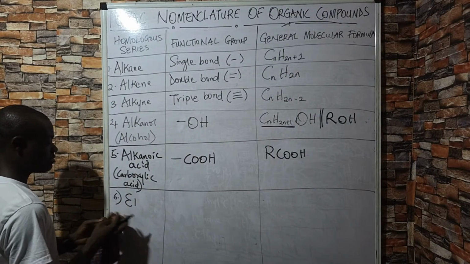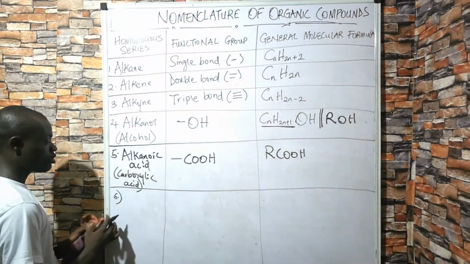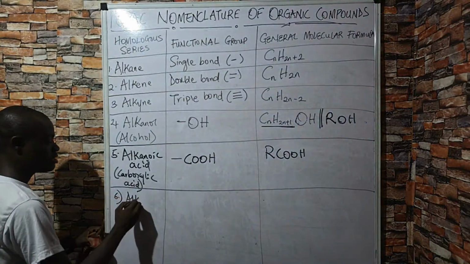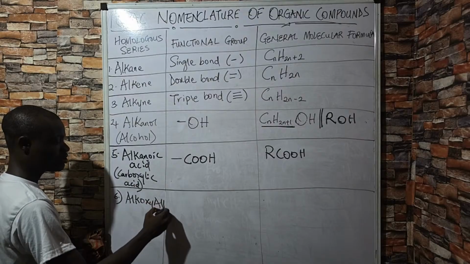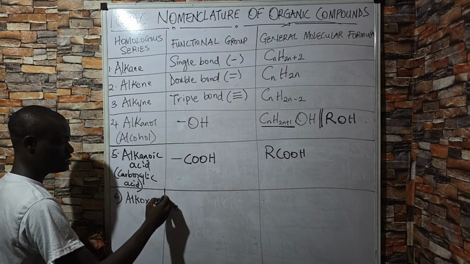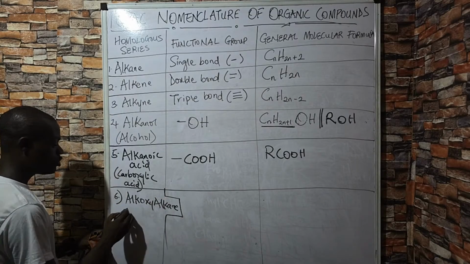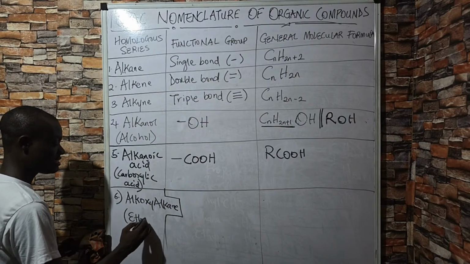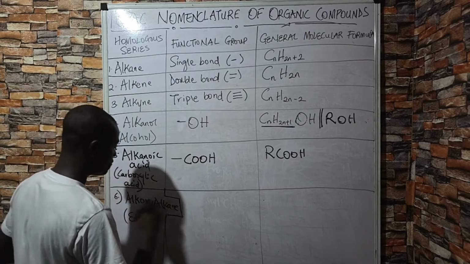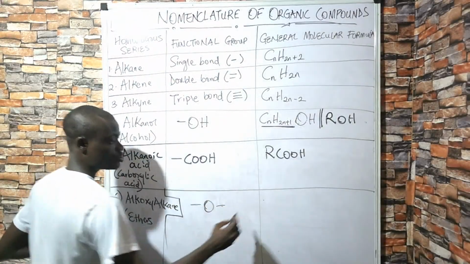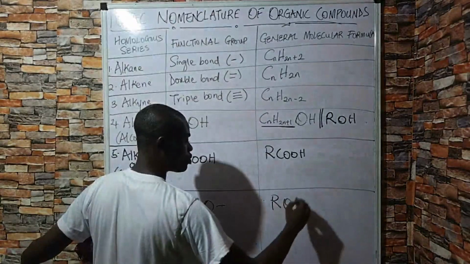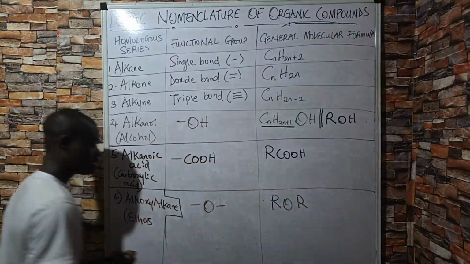The third one we are going to look at, we call them the ethers. Not the ethers, rather, we call them the alkoxyalkane. Alkoxyalkane. So I'm going to just clean up this part. This is their IUPAC name. Their old name, they were previously called ethers. Their functional group is the oxygen atom. So this oxygen atom. You get to see things like R-O-R.